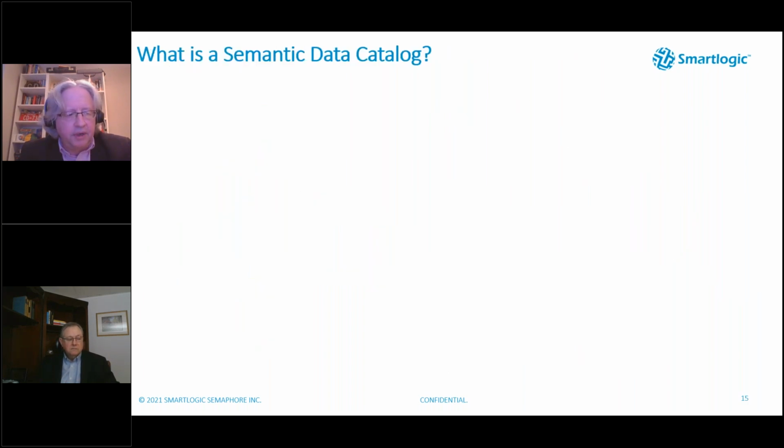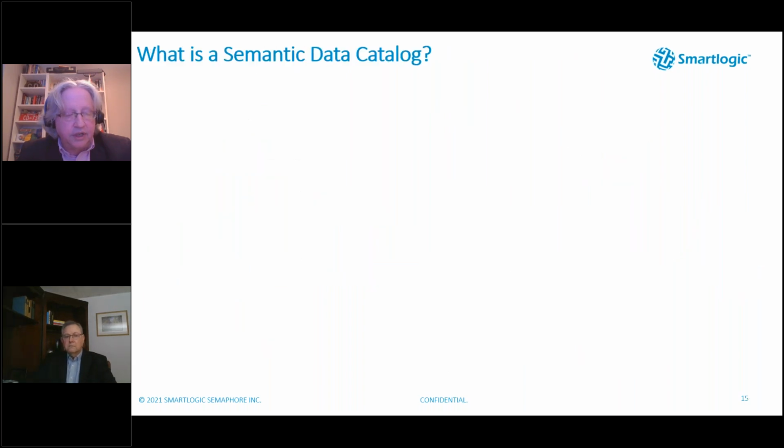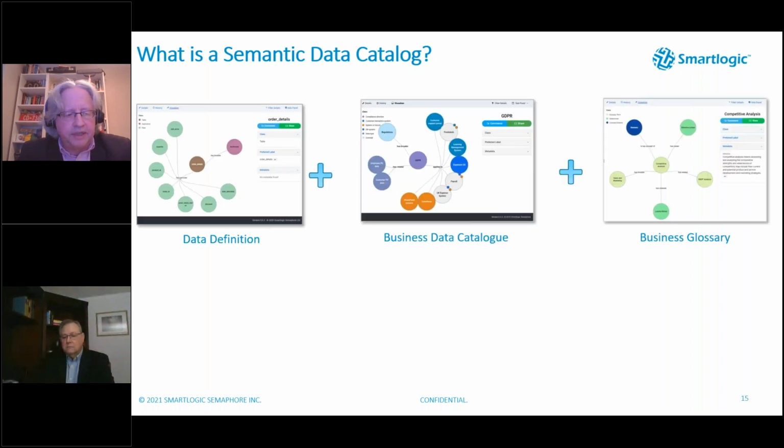And it's only by embracing semantics and embedding meaning throughout your ecosystem that organizations can benefit from new developments such as knowledge graph and cognitive assistance. So let's take a closer look at what a semantic data catalog is and how you can put one together. In its simplest form, a semantic data catalog